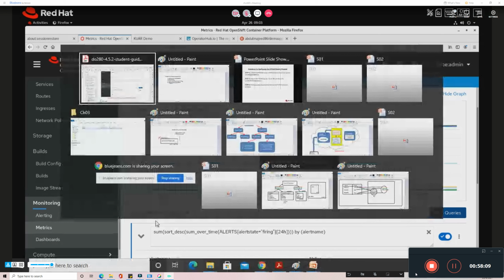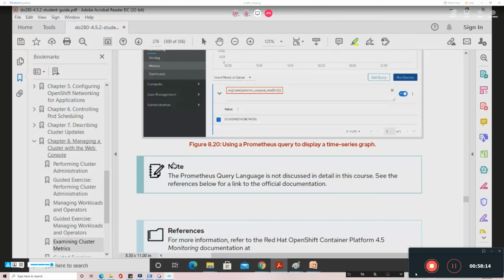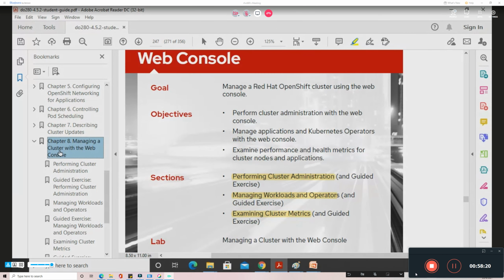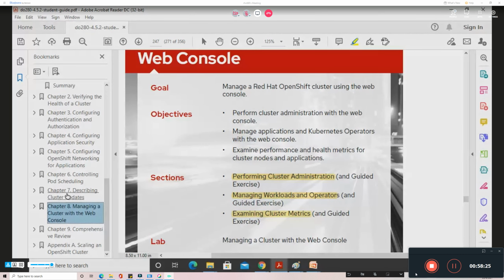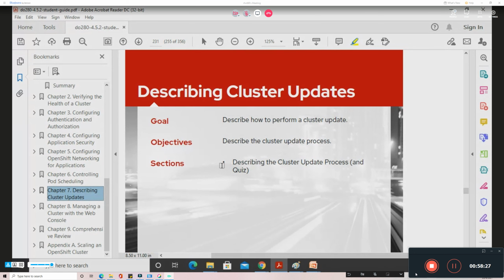Okay, so with that, we come to the end of this chapter. We have covered great topics like cluster administration, workloads, and cluster metrics. So with that, we complete chapter number 8. We'll move to the pending chapters. Chapter number 7, which is about